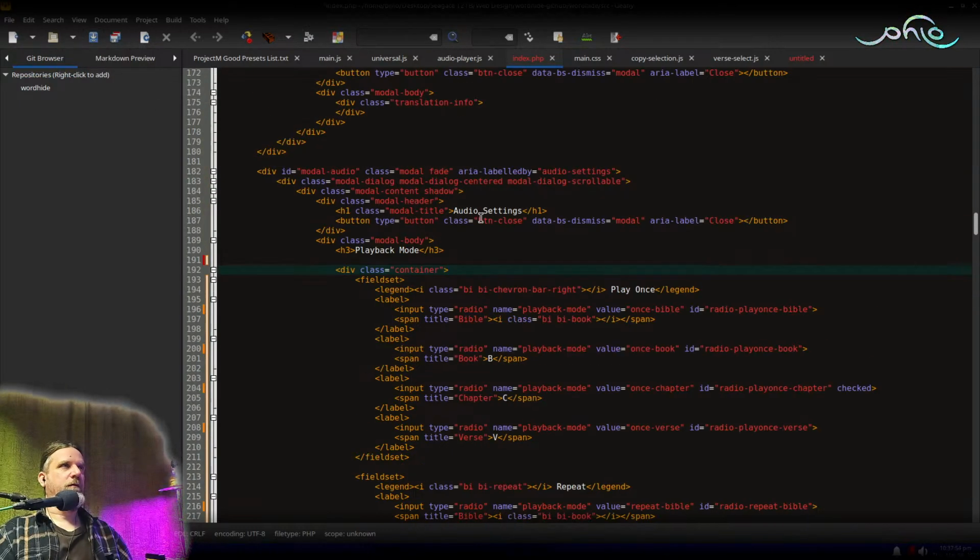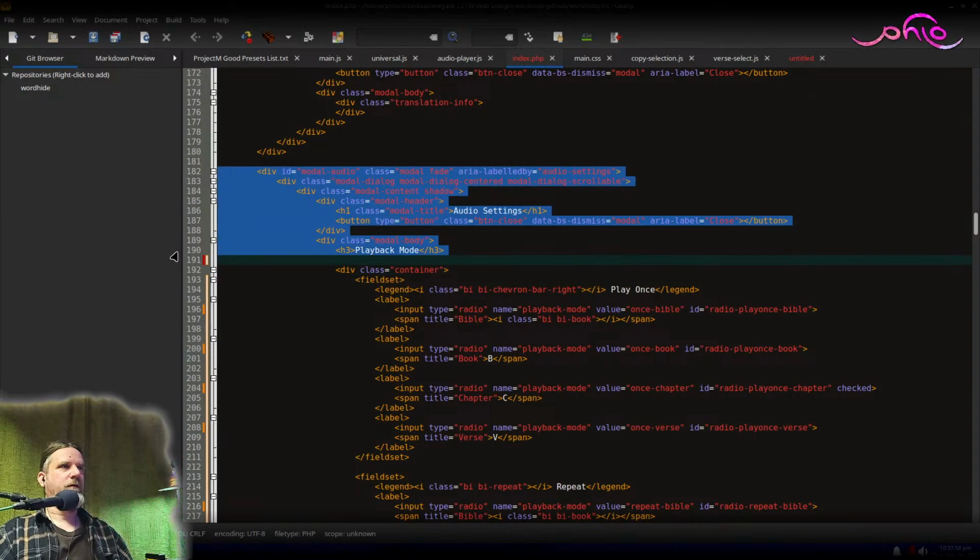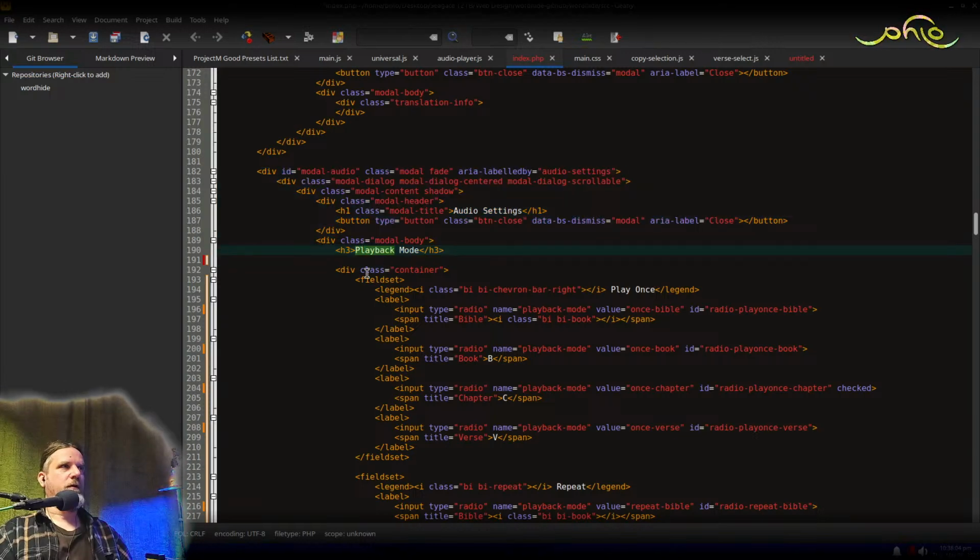I could double check that here, but as long as there's no container class in this code right here, it wouldn't have any negative effect, and I can pretty much see that there is nothing with a container class in there. But just to play it safe, make it as specific as needed.